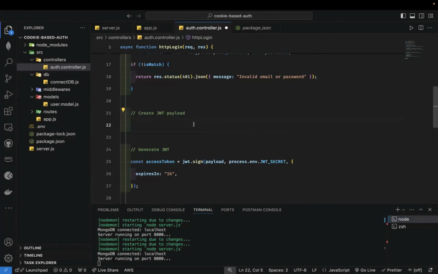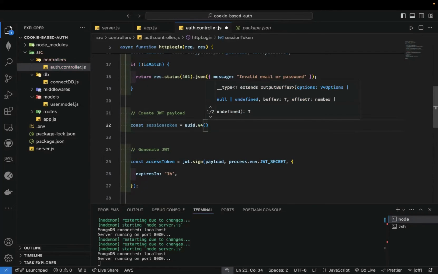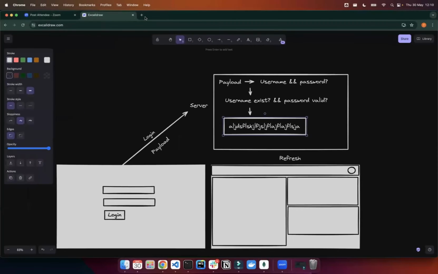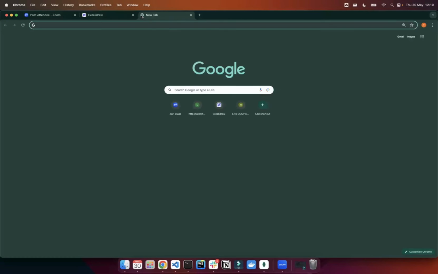So at this point, we're going to say const sessionToken equals uuid.v4(). And what this will do is generate a random ID for us. Okay, so this is not far-fetched. npm